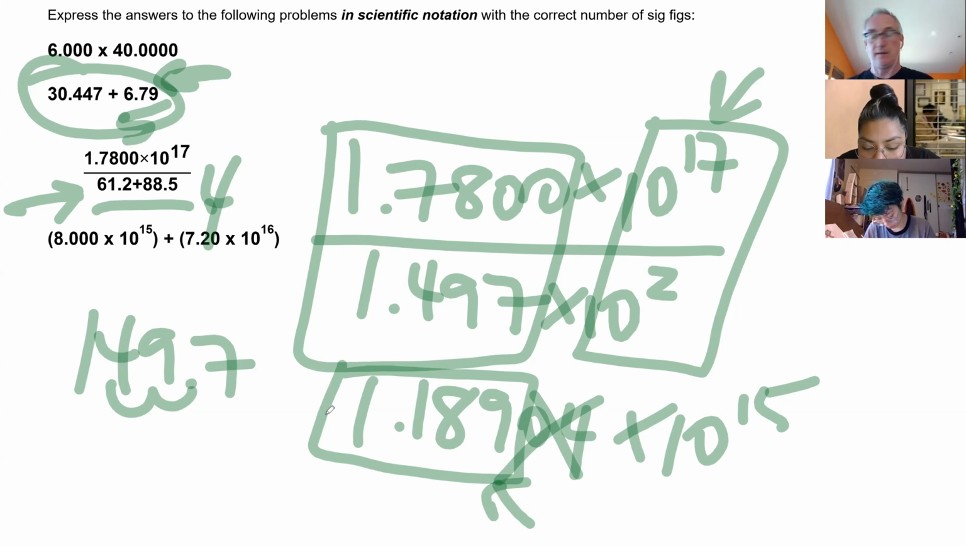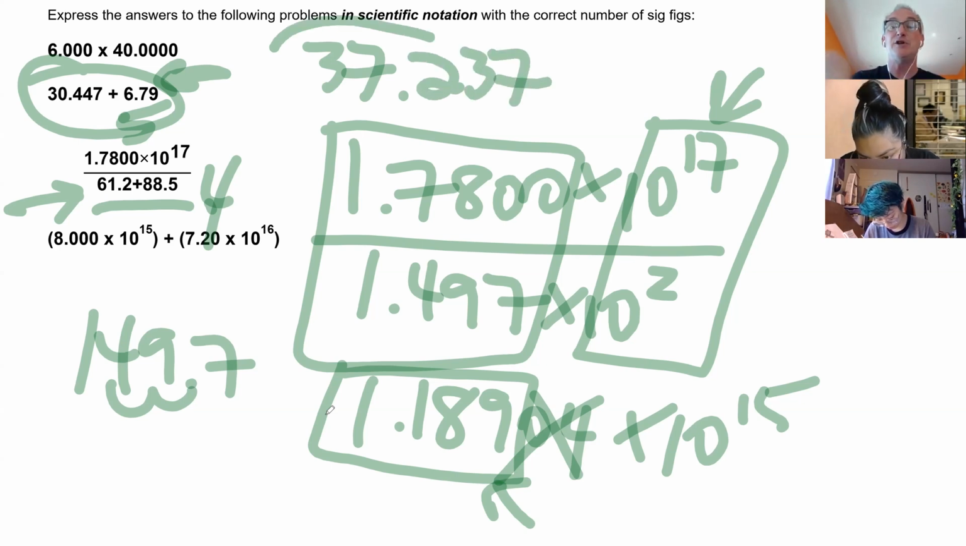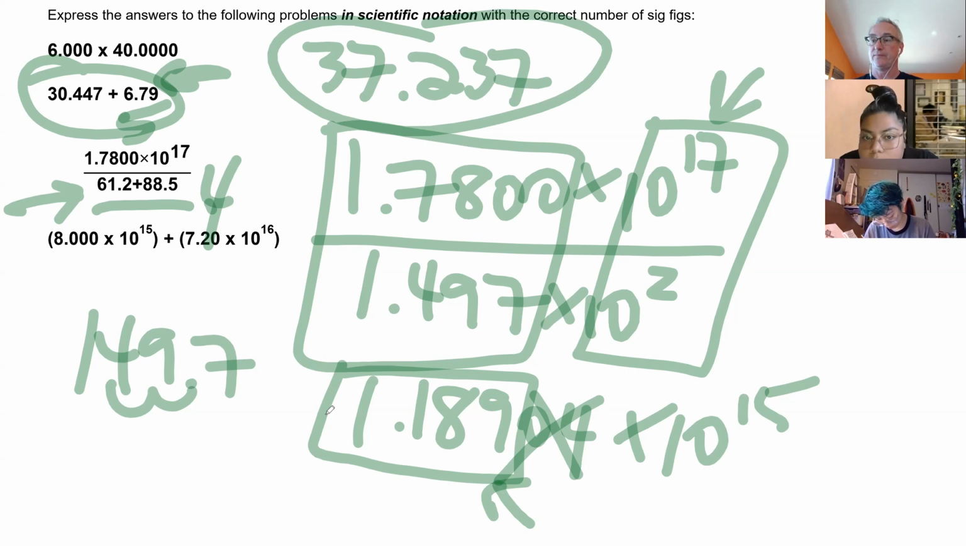30.447 plus 6.79, that's 37.237. And I would use all those numbers because I'm not done yet. So basically what you want to do is not limit the precision in your final answer by limiting the precision in any one step. What I see students doing all the time is they will round